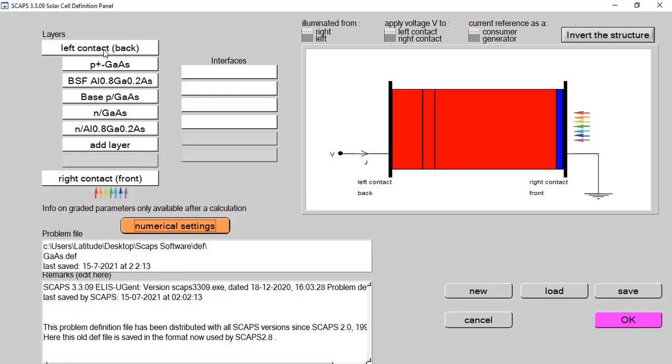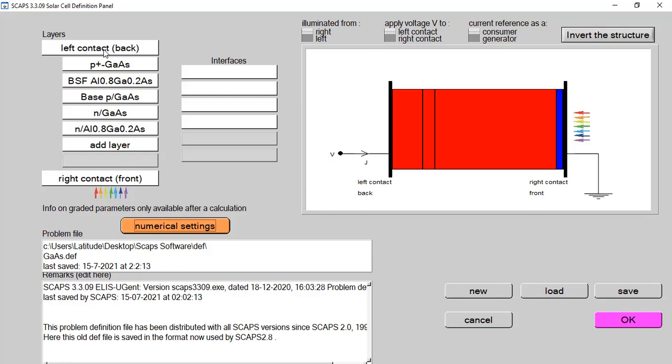Definitely we know that majority carriers are basically electrons, and if their barrier height is decreased, definitely it will increase the VOC value and efficiency. So the barrier height tends to decrease as we increase the back metal contact work function